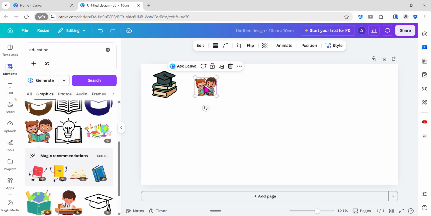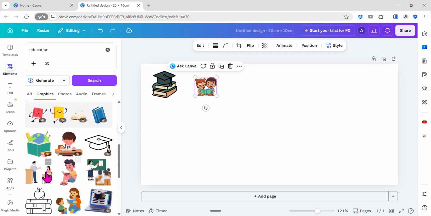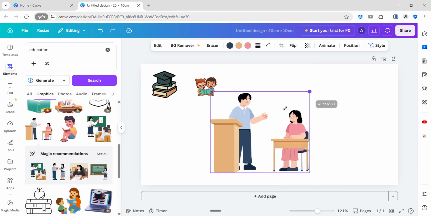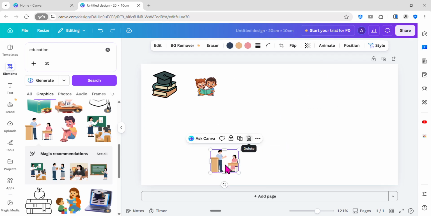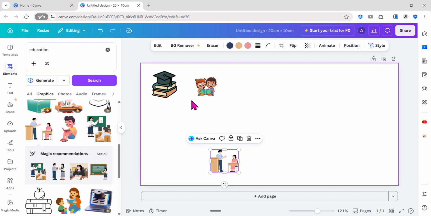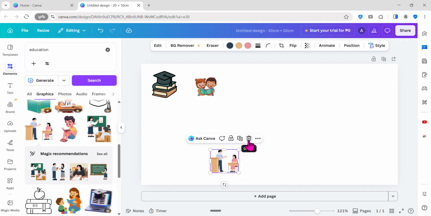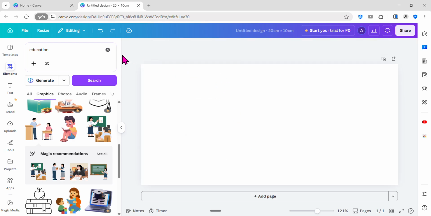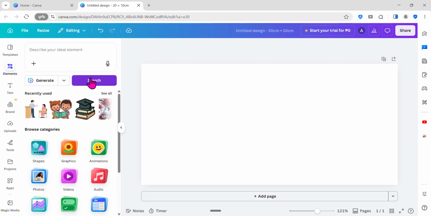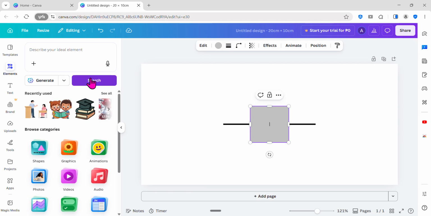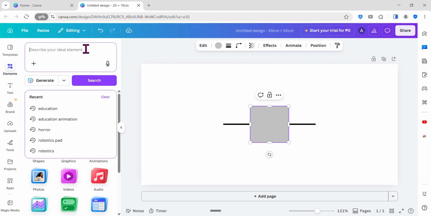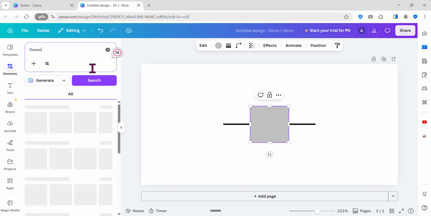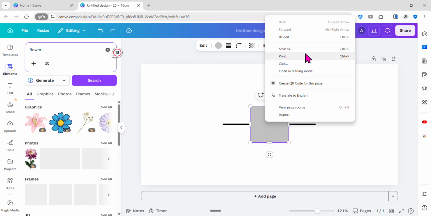If you want a flower, just delete this and search flower, enter.